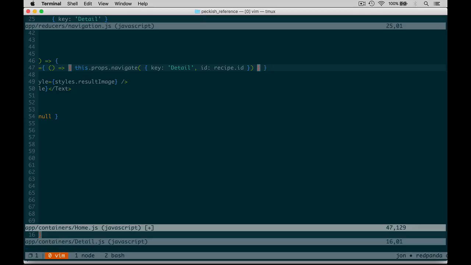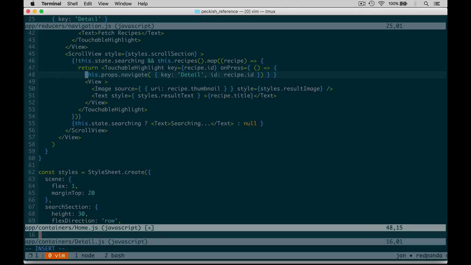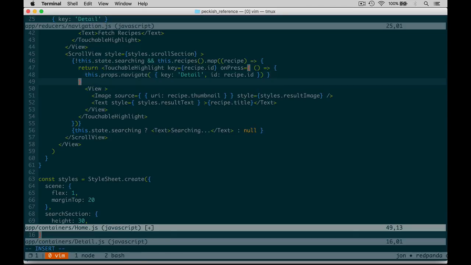So here we're using the action that we defined in the actions navigate. We have our onPress behavior, so that when I tap on this, it should take me to the detail view,